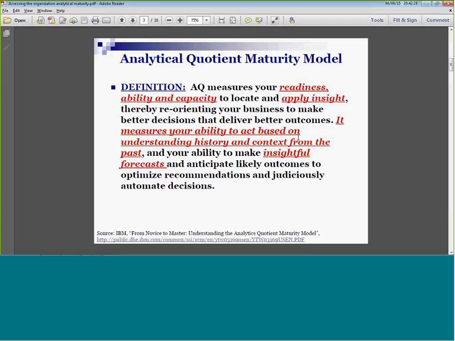It measures your ability to act based on understanding history and context from the past, and your ability to make insightful forecasts, anticipate likely outcomes, and so on. Okay, so what we're saying here is we have to be able to take past data and gain insights from that, and then operationalize it. Well, that sounds a lot like the mantra we preach for the course from Tom Davenport and James Taylor and others. We want to be able to say, here's a problem. Here's some past data similar to what we face now. If we can glean some insights from that, which usually means building a model, of course, and then operationalize that,